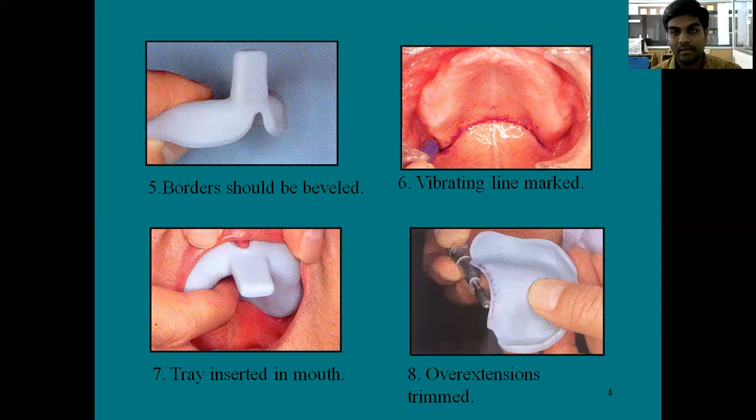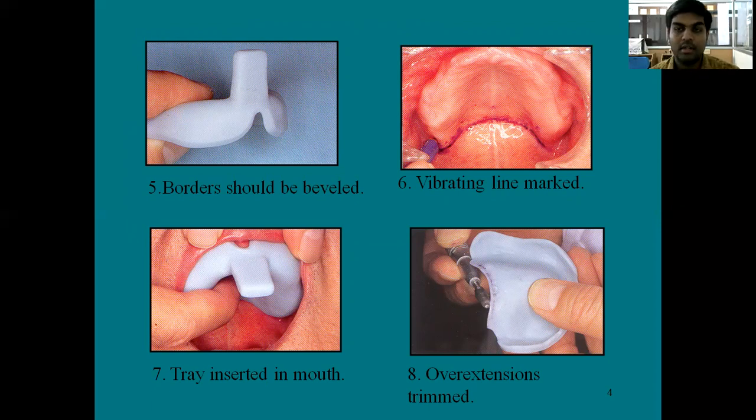We all know that you have learned about anatomical landmarks, I hope. We have the labial frenum, the labial vestibule, the buccal frenum, the buccal vestibule, the hamular notches, and also the posterior palatal seal area. These are the different landmarks that we are going to record in a maxillary impression.